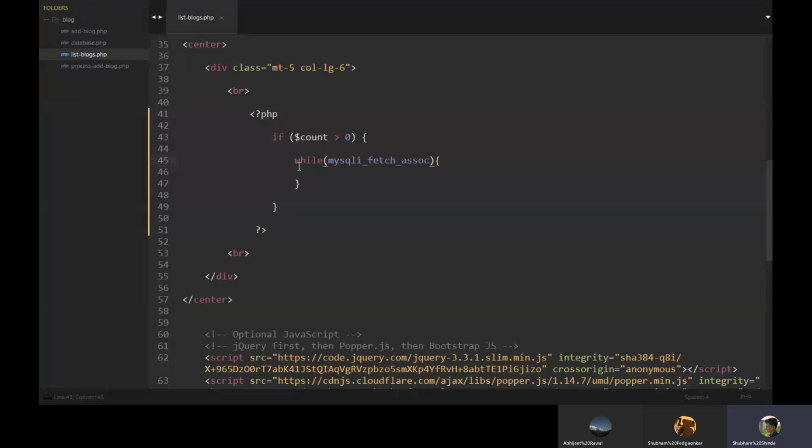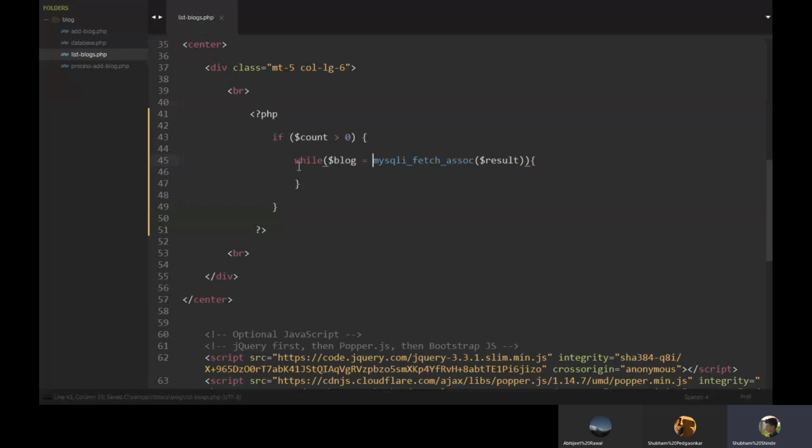It takes the result, everything is stored in the result variable we have passed here, and for accessing those values we'll say $block. Custom name, we can define anything, but we will say $block.